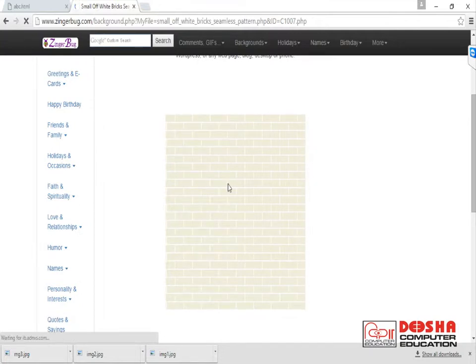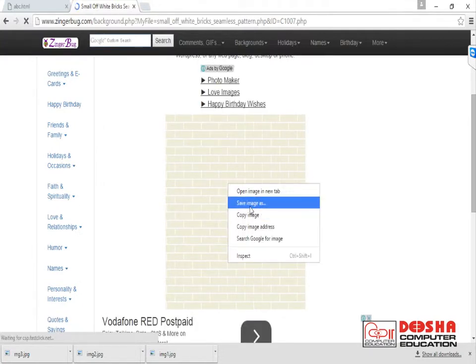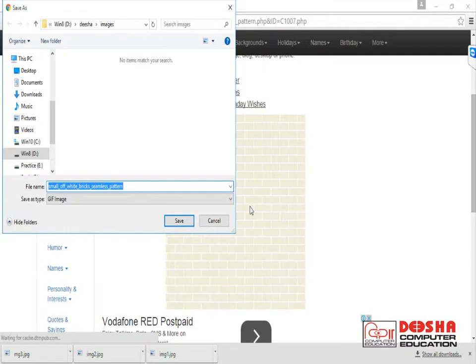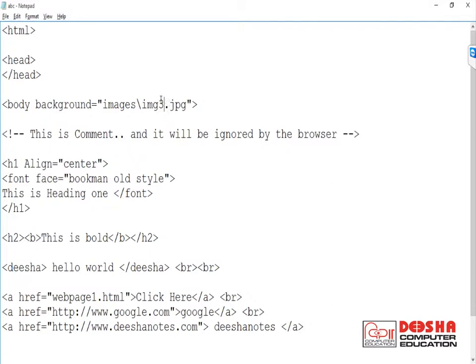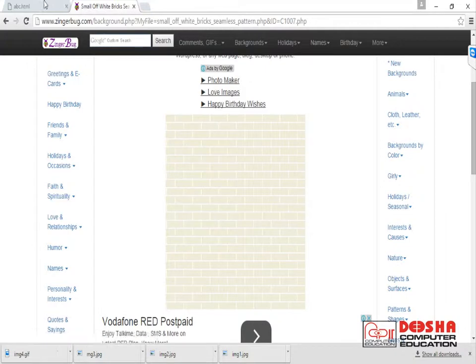Just like this, I will right click here, save as, and I will save this as image 4. This is a GIF image, remember this is GIF. We can have GIF, PNG, JPG, all types of images. Image4.gif. Now go to file and save, and run this application once again.